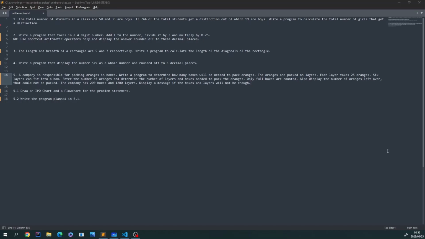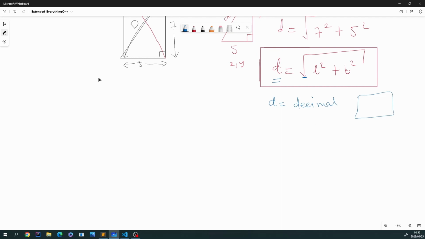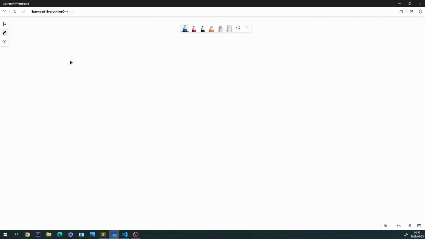But let's just move over to the whiteboard and write out the formulas clearly. Now I'm going to show you a very simple way of deriving formulas given ratios. Now it tells us that one layer will give you, or stores, 25 oranges. Now, if you wanted to get layers given oranges, right? Or you were given oranges and then you wanted layers. Now let's just say you were given 200